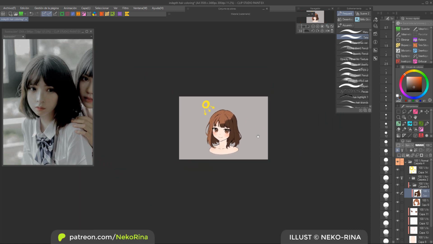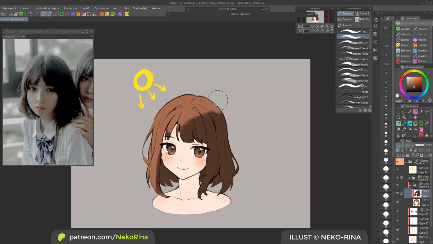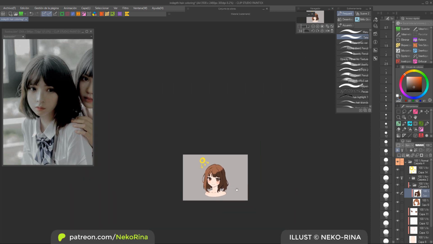Now look at it from afar, kind of like if you were browsing a gallery on Instagram, Pinterest, or whatever. If from far away it looks okay, as in it matches the idea you have for the picture, then we can move forward. If it doesn't, you can go back and plan the main light and shadows again. Alright, now let's go back to light theory for a little bit.